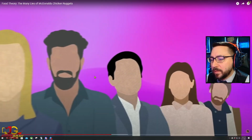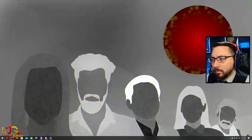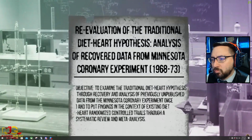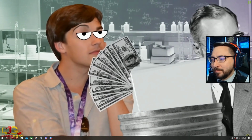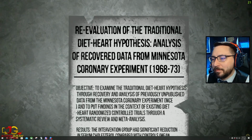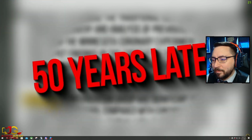In short, the patients in the study had lower cholesterol, sure, but they were still dying of heart diseases at the same rates. This study would go mysteriously unpublished. Can't imagine why he wouldn't publish research that directly disproved his entire professional platform. Must have gotten lost on his desk or something. Honestly, we only know about the existence of the study because the results were discovered in 2013, over 50 years